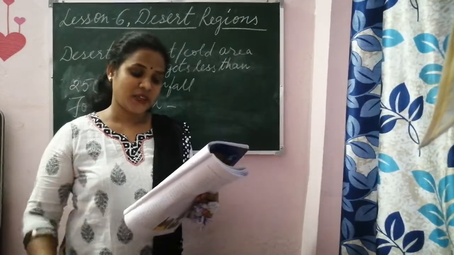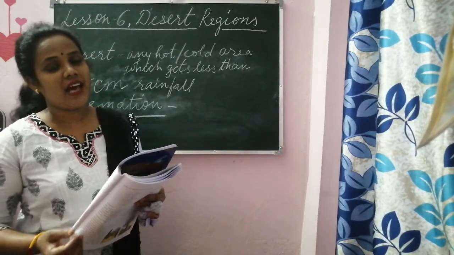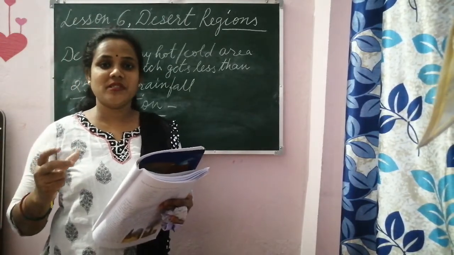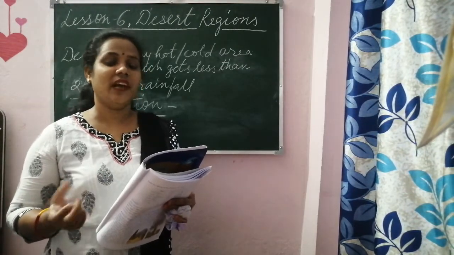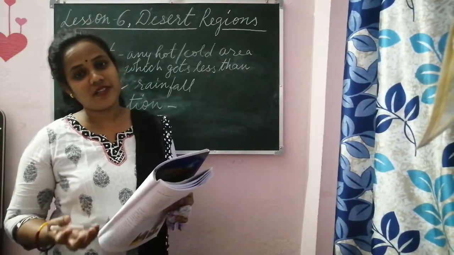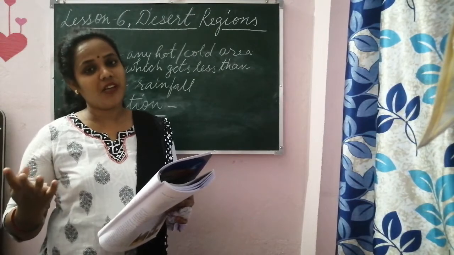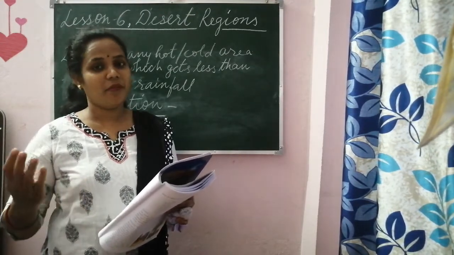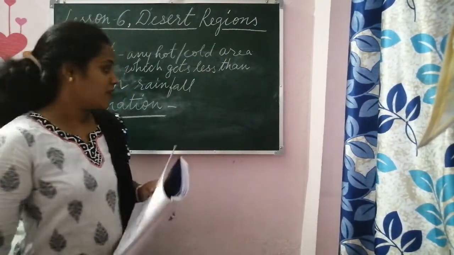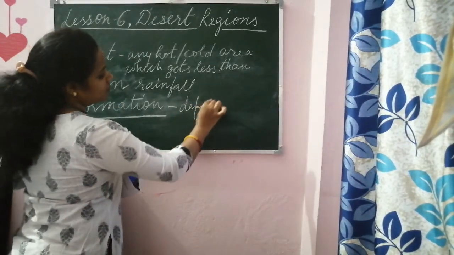Sometimes there is overgrazing of animals. We take the animals for grazing and they keep grazing the grass. They graze too much and the land becomes bare, and then the soil is loosened up, and it can easily be blown away by the air and taken away by rain water. So I will write here two reasons. One is deforestation.